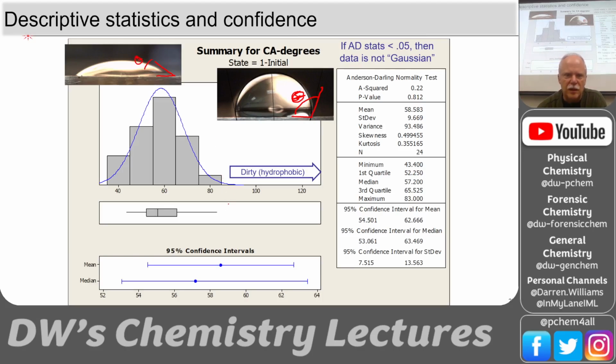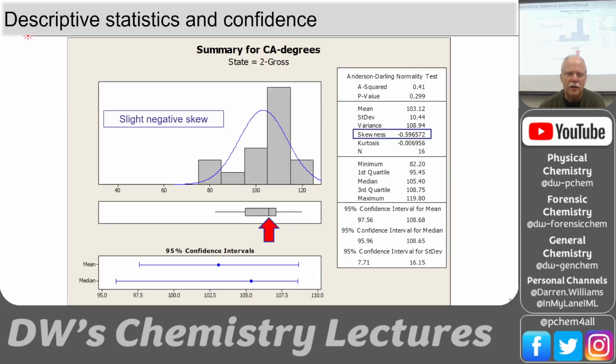Yeah. And then we got it dirty, and it became this drop here, this drop on the grease. So the gross contamination, we smeared it with grease, and then the average came in at 103, and that was that big one that I showed. And a slightly negative skew. And so then with the paper towel, we wiped all that grease off, and it was completely clean. We felt with our fingers, no greasy feel, and we cleaned it, and we measured the contact angle,